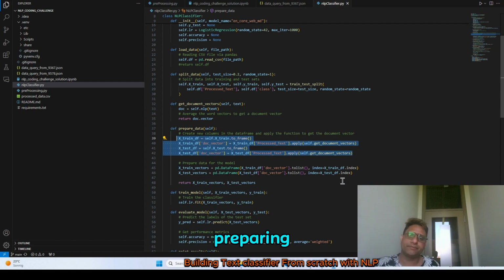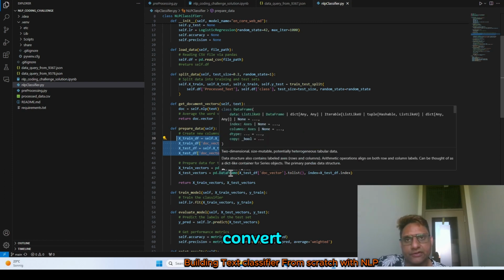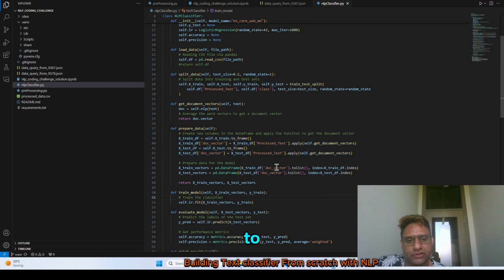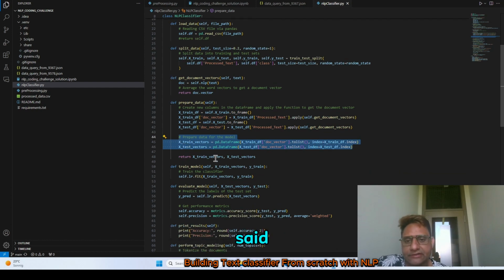So after preparing it, the data should be in matrix form, or let's say a numpy x-dimension matrix, or a simple list, which means that it should be consumable in the numpy fashion. And that's why we need to convert it from the pandas data frame to the list. Simple stuff here, just shifting this to a list, and then it gives us x test and x train for training